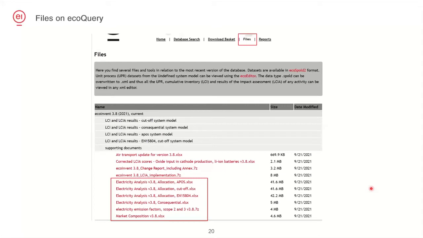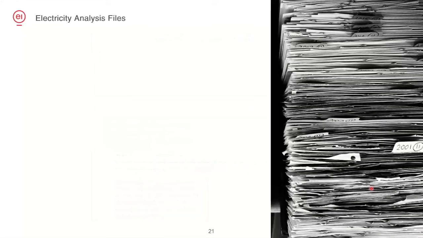And as you can see here, we also have a specific electricity analysis file, if you want to make a deeper analysis of how electricity is modeled. This electricity analysis file is available for all the system models. And I will now give you a quick live demo of the file and explain how you can use it